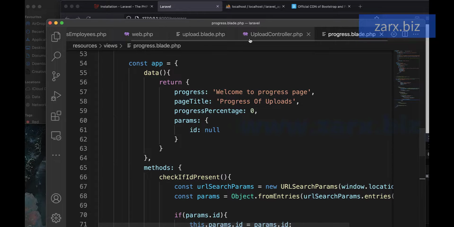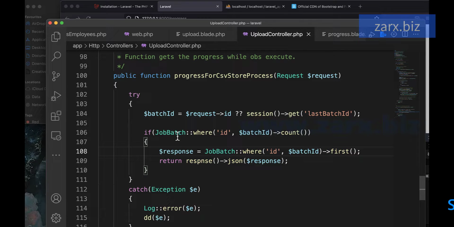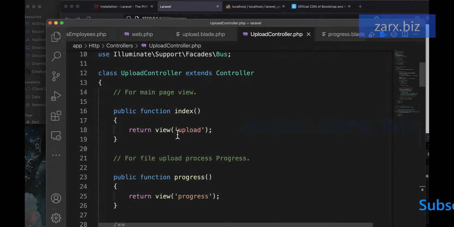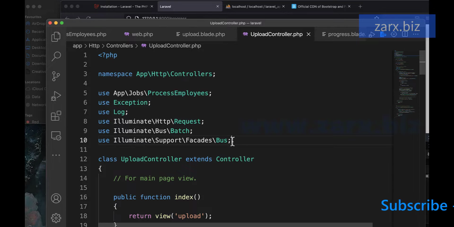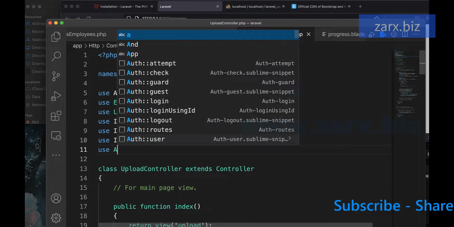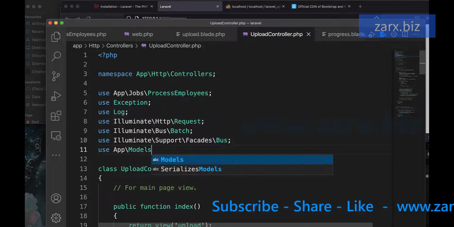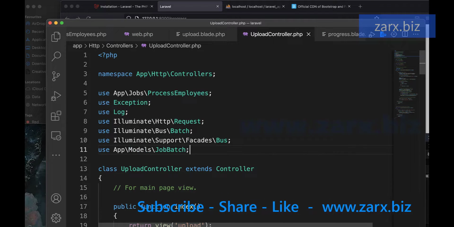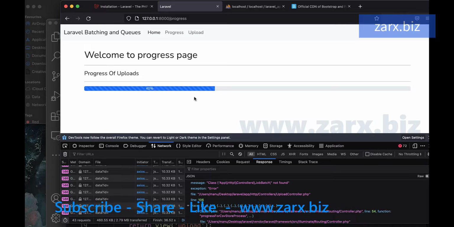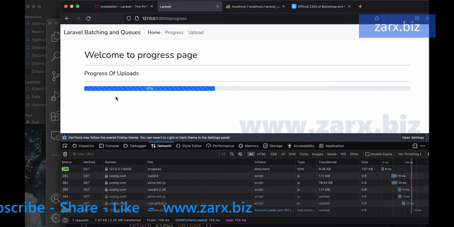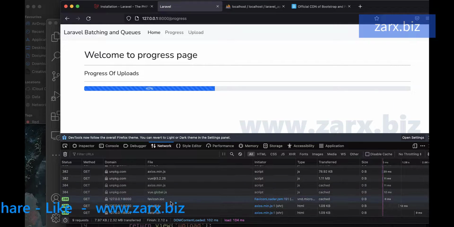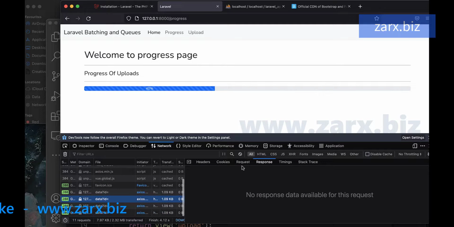So go back here. On top we need it, so use App\Models\, and now if I refresh and go back here,